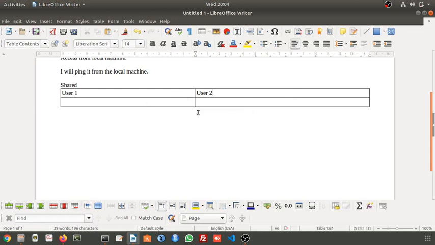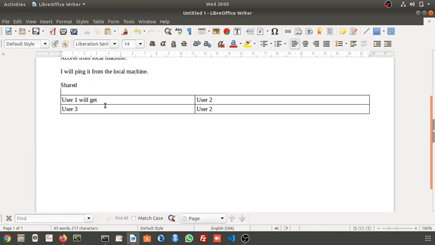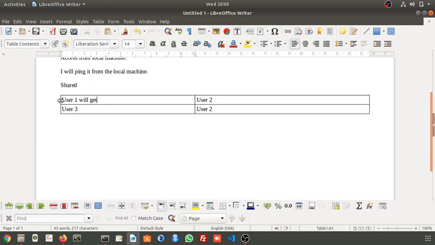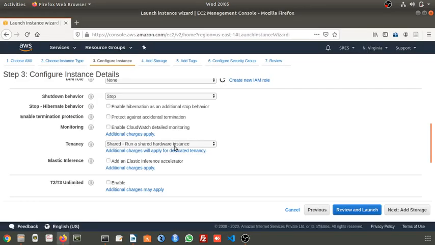As there are 4 CPUs, user 1 will get this portion, user 2 will get 2 more portions, and somewhere user 3. Like this it will be allocated to you, even the memory space also. As you are accessing this shared resource, the underlying hardware will be shared among the multiple users. That is what run a shared hardware instance means.